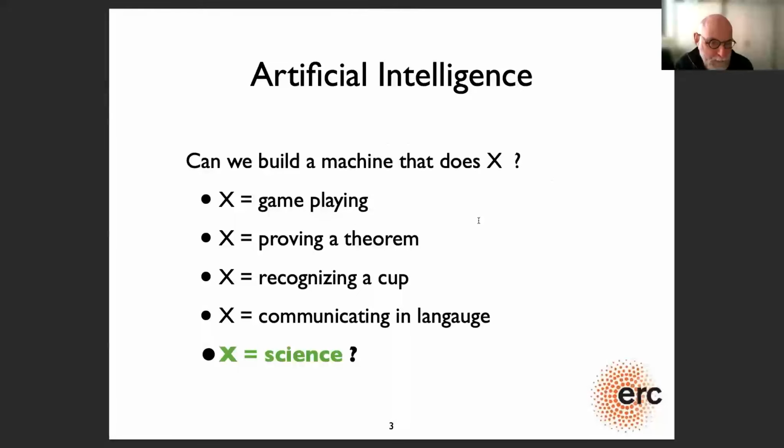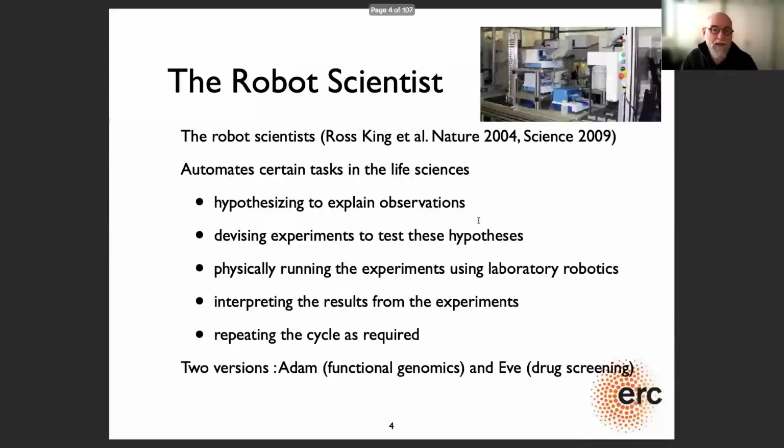The motivation, in a sense, for my interest in automated data science is really the AI perspective. I'm very much an AI researcher, and in AI, it has always been the case that we were wondering, can we build a machine that does X? And then people have gone by starting, X equals game playing. Can we build chess playing programs? Can we prove theorems? Can we do vision, natural language? And then, of course, it's quite natural to also ask the question, can we do science?